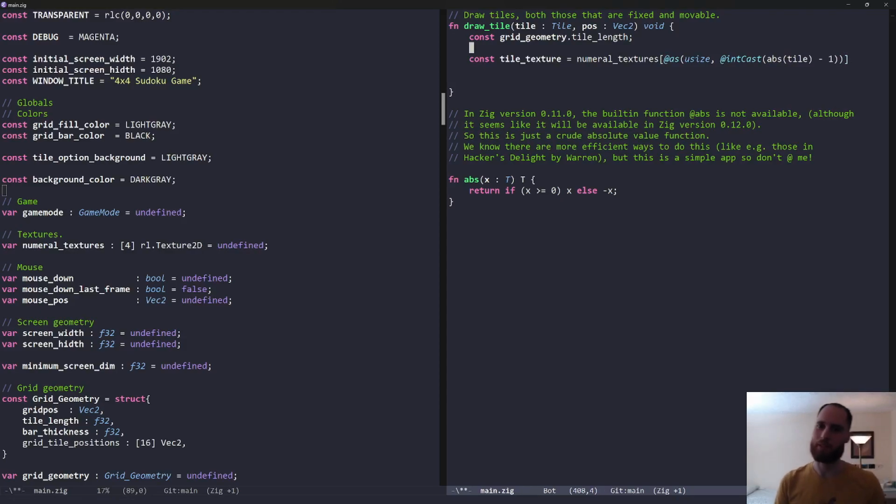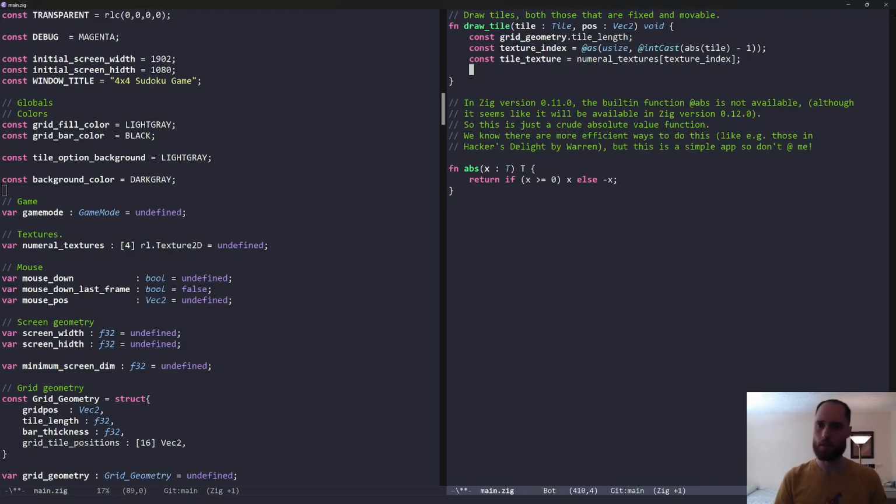This seems a bit silly. Say texture index is equal to this, and now the compiler will optimize this out. Okay, now we do that, and now we want to draw a rectangle in the given position with this. So now it's simply draw, what is it? Draw,